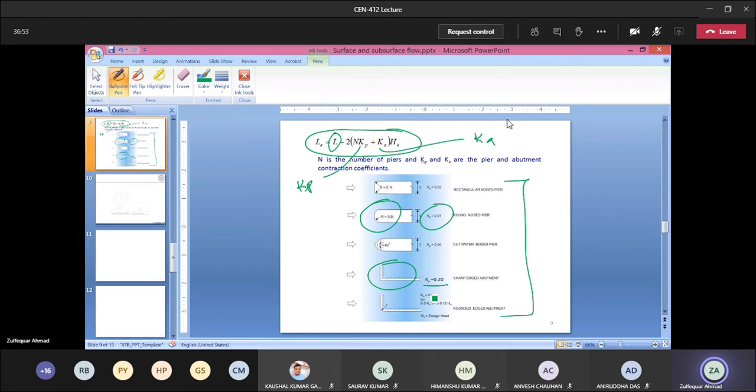And once we design, we use this concept, right? I have shared with you the three equations, and it is not clear which one will give you the better result. So it is better you calculate by all the methods that are available, and check the range of those equations for their validity. And for an important structure, you have to do some experimental work to get the value of the discharge coefficient.